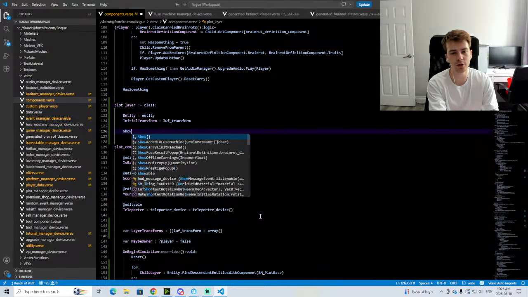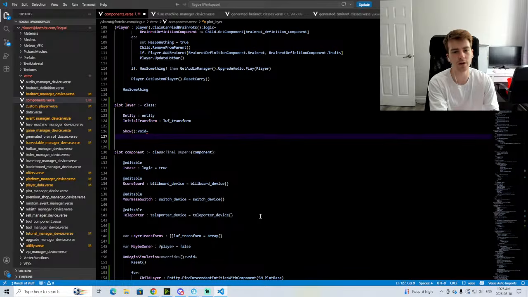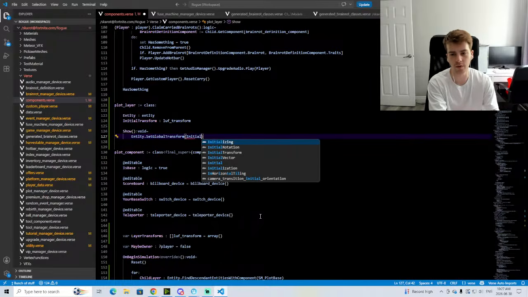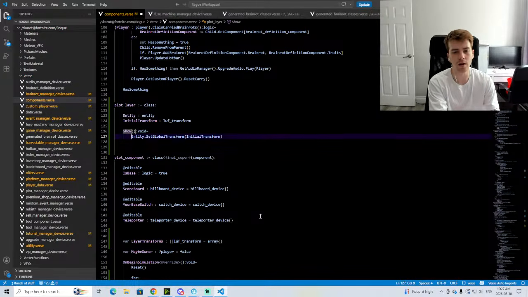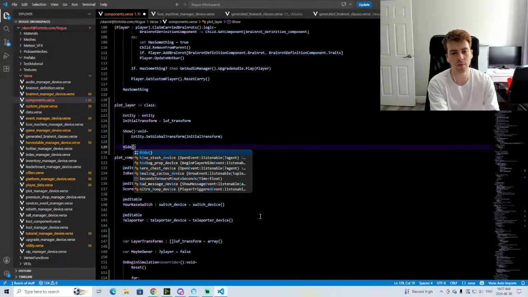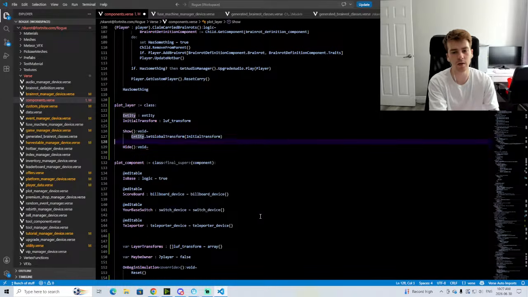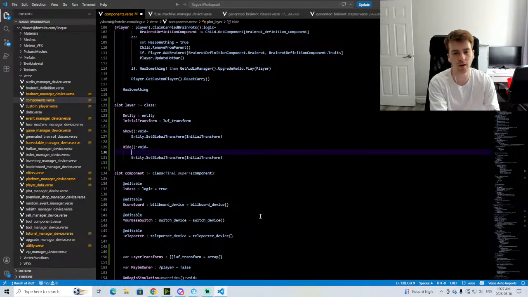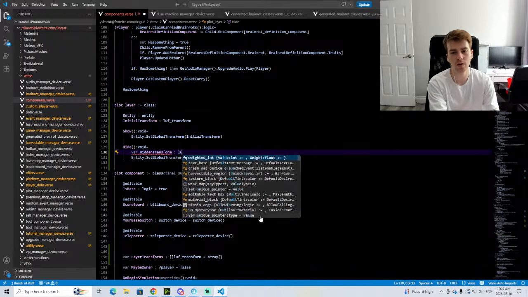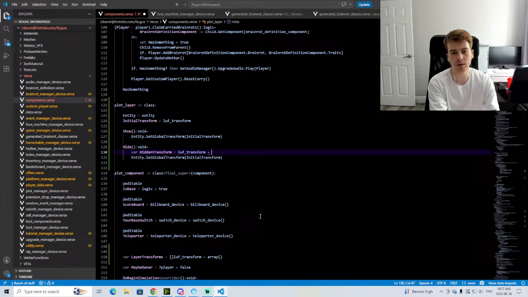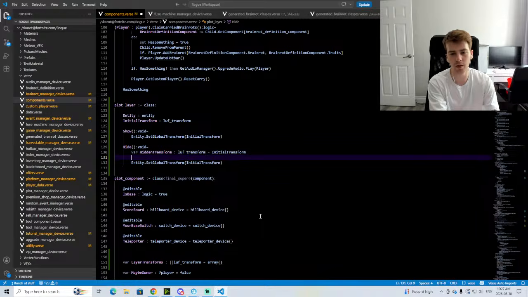And then we'll have a show, and it'll just be entity dot set global transform equal to initial transform. Hide will be like this, but instead we'll have hidden transform, which is going to be the initial transform, but then